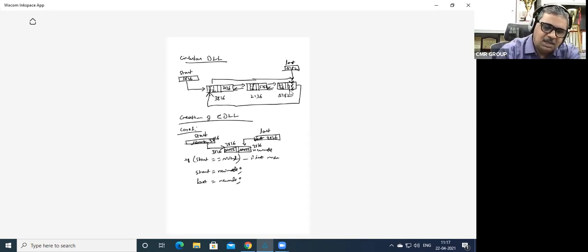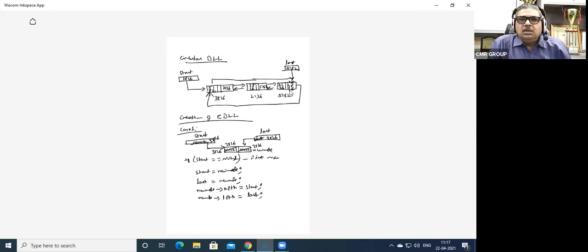So I can say that new node arrow RPTR is equal to start, and new node arrow LPTR is equal to last. Remember, all values are 3816 only. Actually, all the values are the same new node address only, right? So this is what you are going to do when it is the first node, case one.